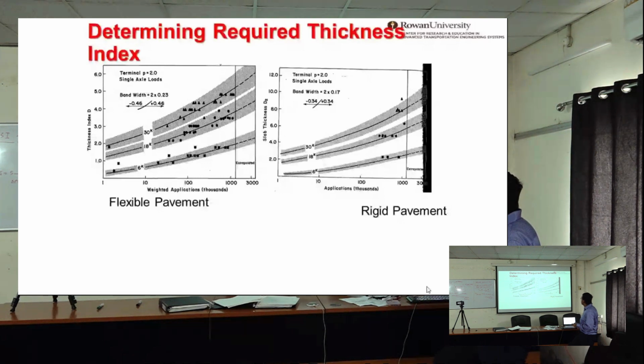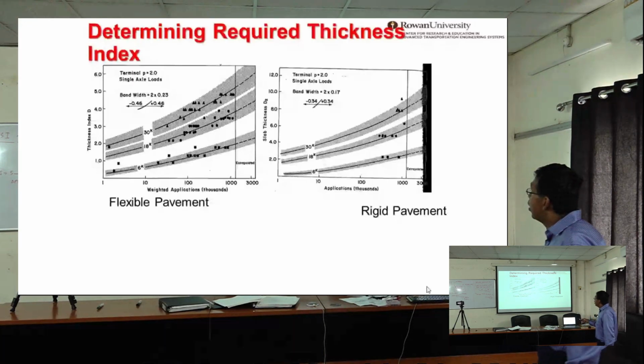Determine required thickness index. This is how they determine the thickness index. This is the loading applications from left to right, and this is your SN number. Remember, thickness index is not the thickness, it's the SN number, and you can see as you are increasing, the terminal P is 2.2 for single axle load, and you are seeing the